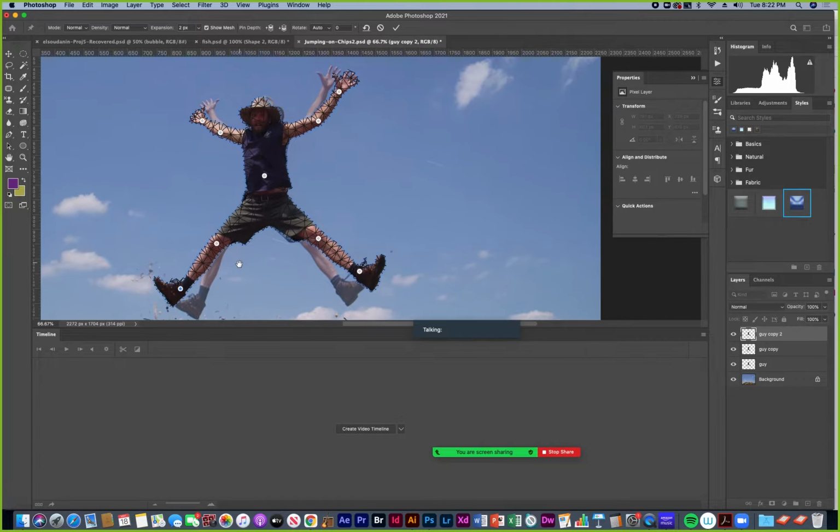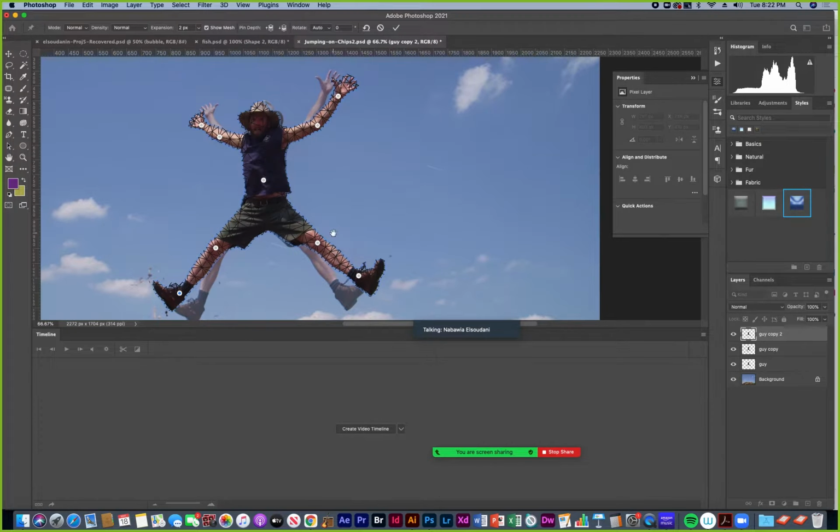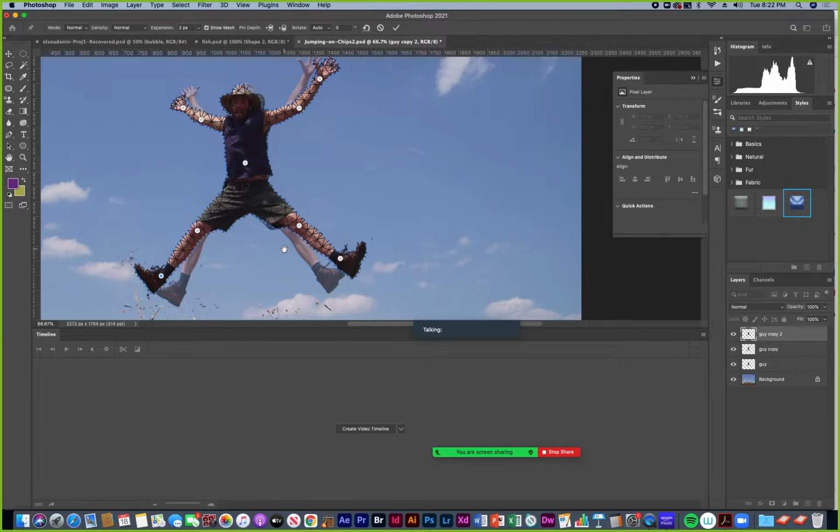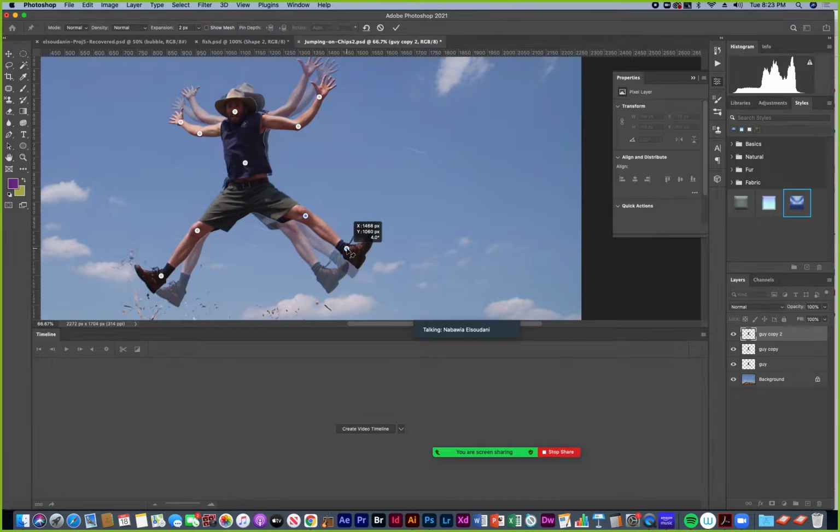Okay, so maybe I want this one to be, maybe this one goes the other way. So this one, and you can select more than one at a time by shift clicking. Like maybe I move this down like that. And I'm gonna not show the mesh anymore. So I can click and hold shift and click and move his arm down further. And then, oh, I can add one, move his head, different direction. Maybe his legs go more this way.